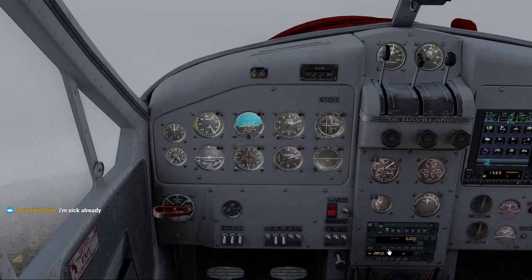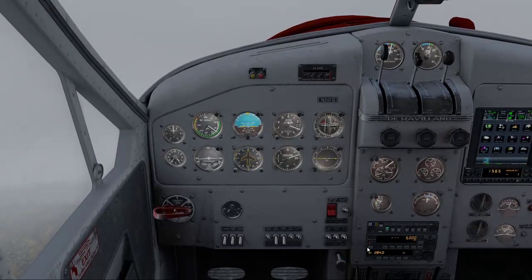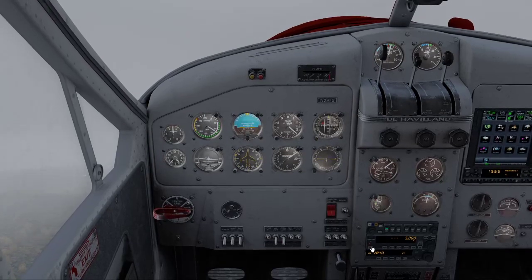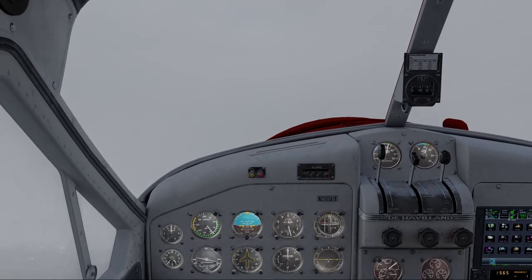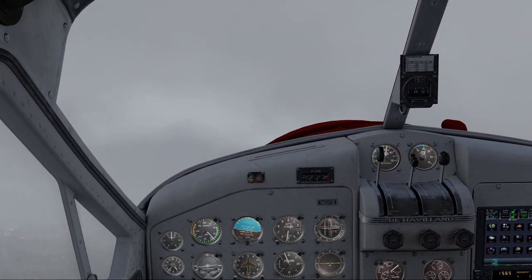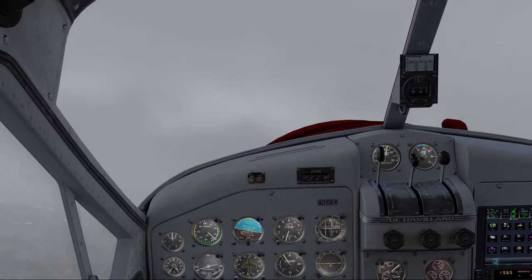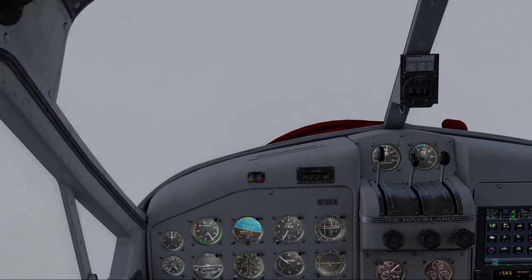Maybe. There we go. Heading mode. Am I not going to engage it? Do I not have it? Maybe I'm not going to have autopilot tonight. Oh, that's interesting. Okay. Well, never mind. It'll be the best kind of flying. It's IFR flying, truly instrument flying,